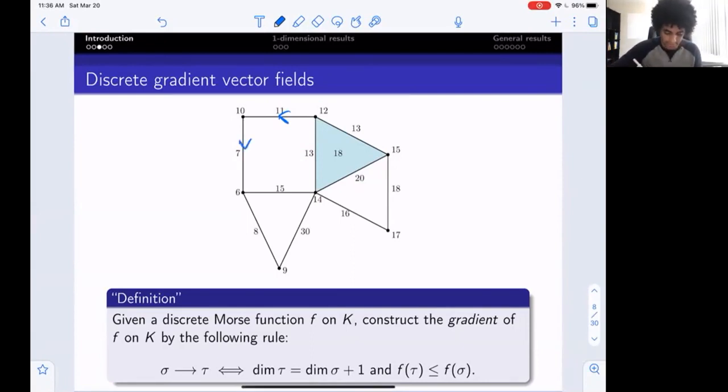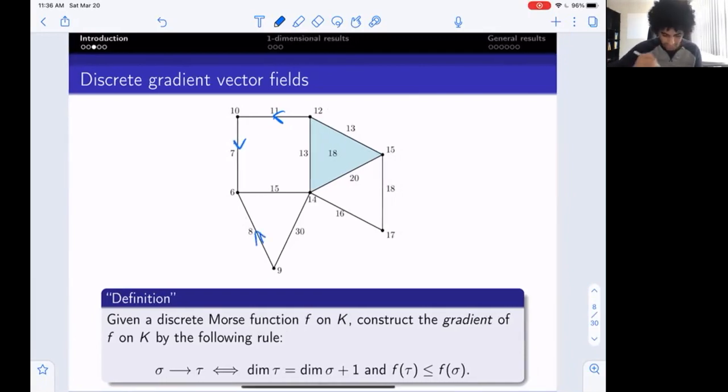So 10 is greater than 7, so we'd point downwards. Let's see, so 9 is greater than 8. And very quickly, just going around. So this would point to the two-dimensional face. And I think